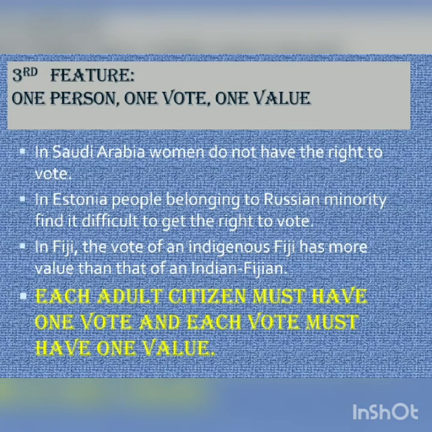That brings us to the third feature of democracy, which says one person, one vote and one value. Here your textbook talks about 3 examples. One from Saudi Arabia, where the women did not have voting rights. Only the men could vote. Yes, we cannot call it democracy because the government is formed by voting, but that voting does not include the